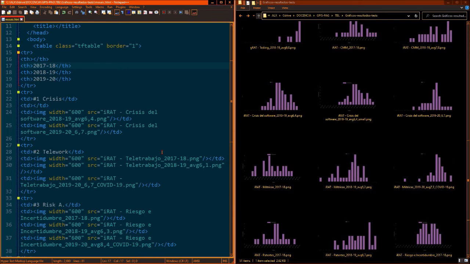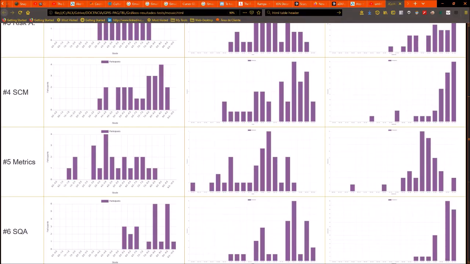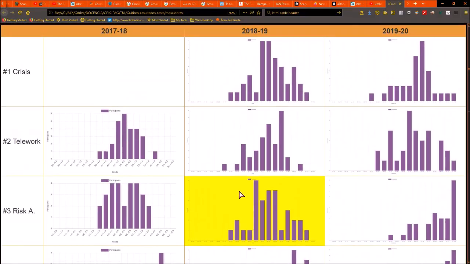So this speeds up the encoding to finally obtain a table, a mosaic of all the graphs in a presentable way, adequate for comparison.